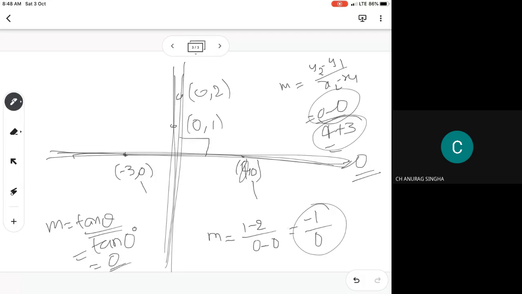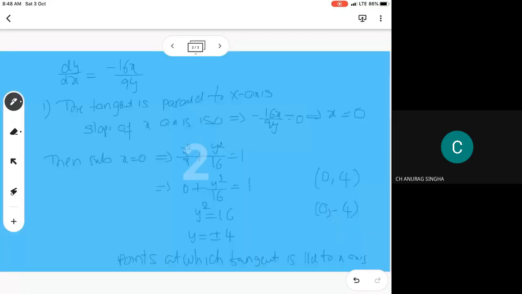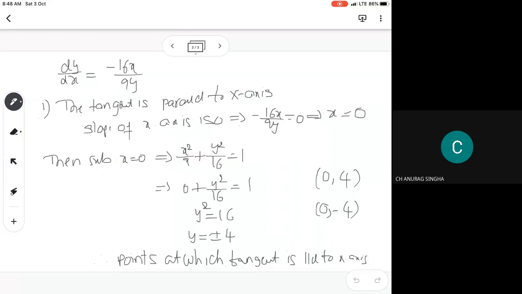But the y-axis makes 90 degrees with the positive x-axis, and tan 90 degrees is undefined. So that's why the slope of the x-axis is 0, and the slope of a line parallel to the y-axis is undefined. Undefined cannot be taken into consideration. So that's why, whenever you solve the problem where the tangent is parallel to the y-axis,